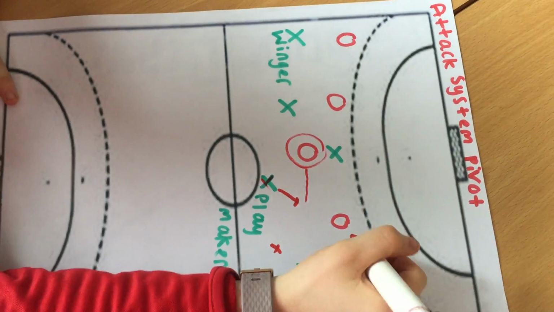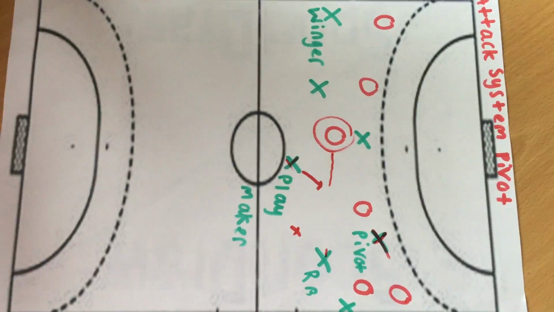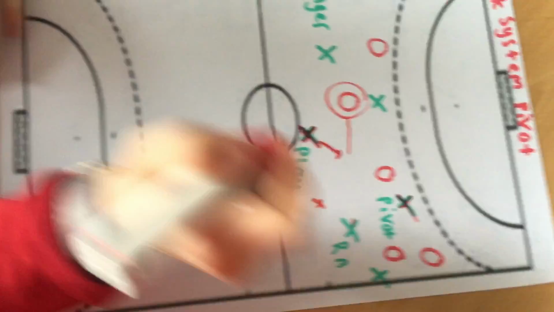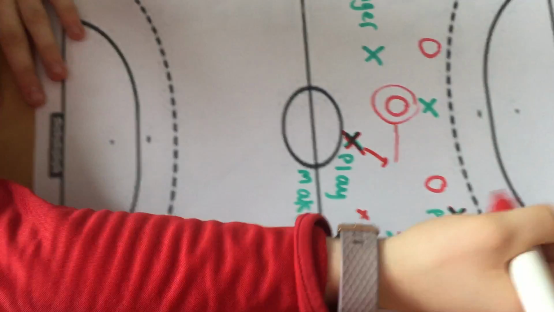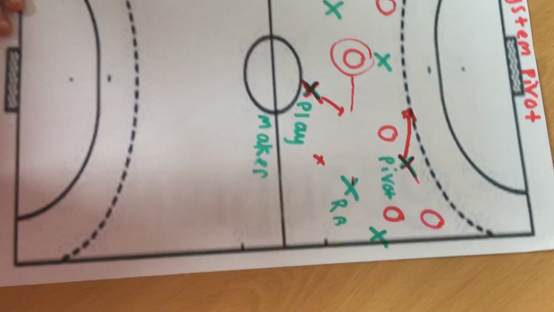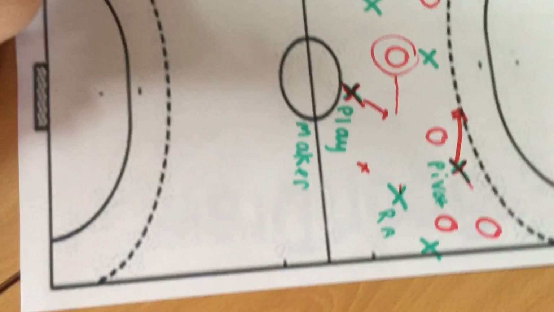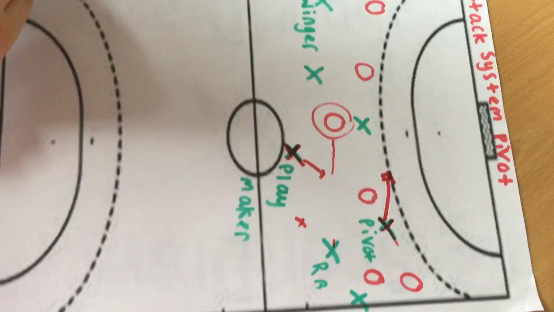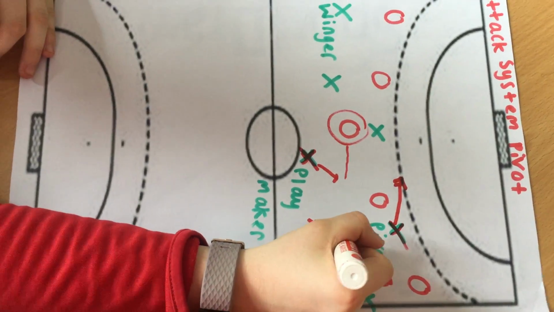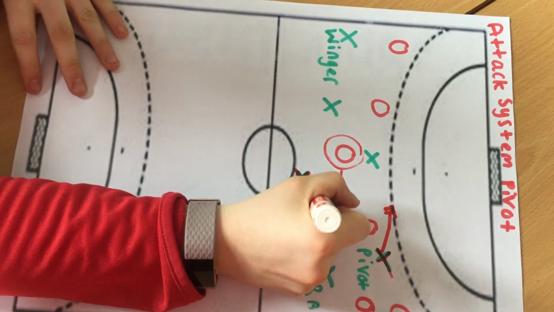So the pivot here. Pivot. We've got the pivot over here, and the playmaker here, and the pivot would change position onto the defensive line, so it would go to here, and then this means that as the right back has the ball here, the ball goes to the playmaker here,